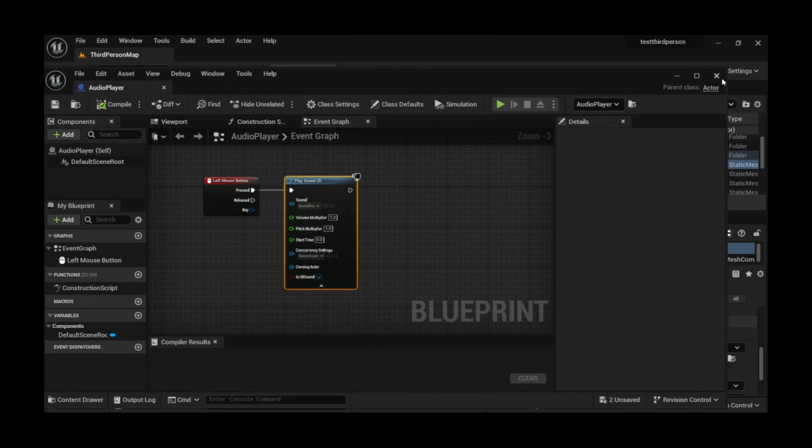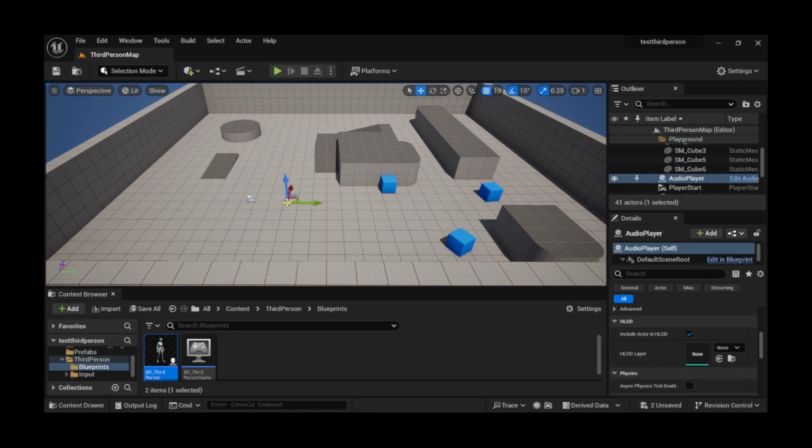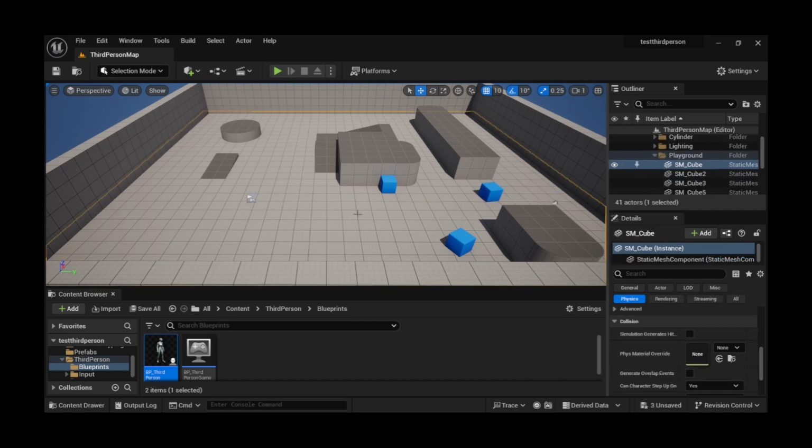So let's take a look at getting this set up, right? Because not everybody is going to be hip to how this functions. So I have a thing in here. It's just my audio player. I'm going to shoot that off to the side because I'm not going to use that one. So what we're going to do